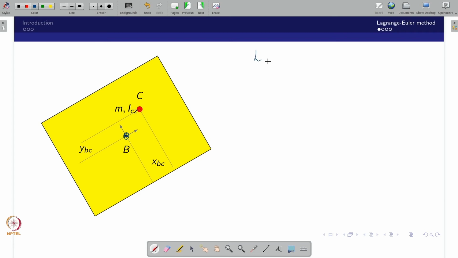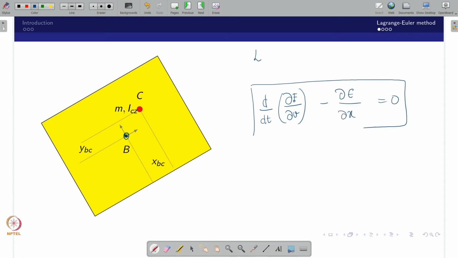Lagrange said that if there is an energy difference, then there is a motion. If motion exists, can we use the energy method? Yes. The energy method says that ∂E/∂(I_C V), whole, is actually going to give a momentum equation. So ∂E/∂X would give 0. This is the energy equation.